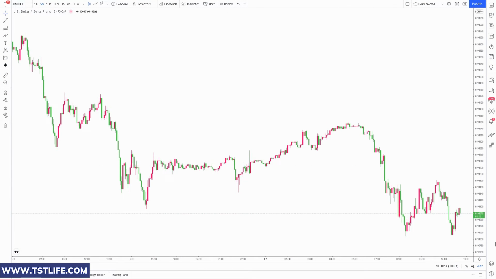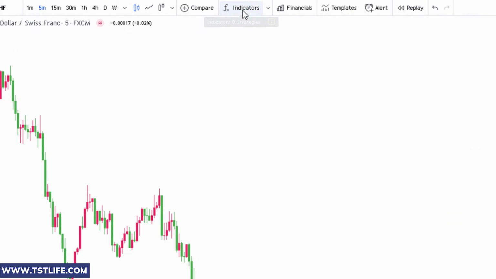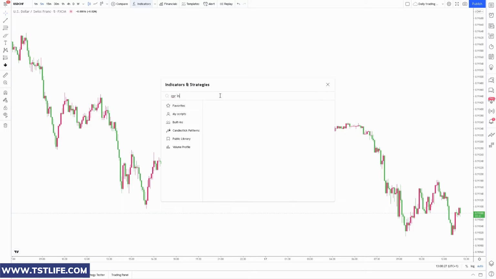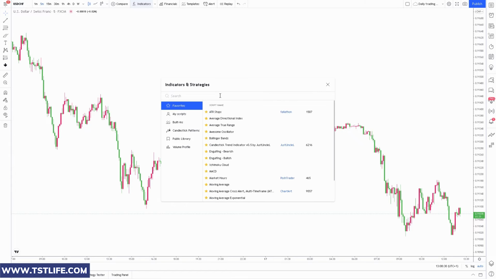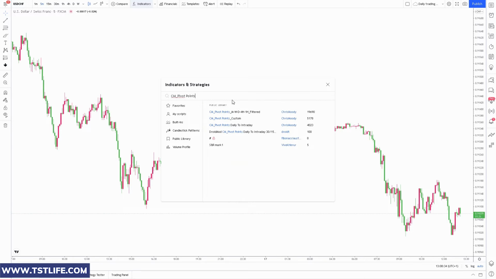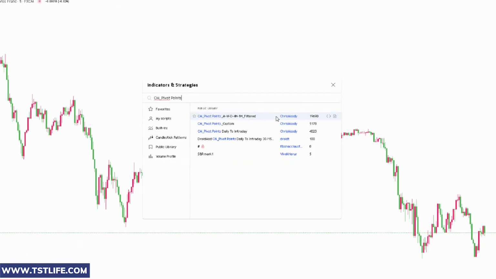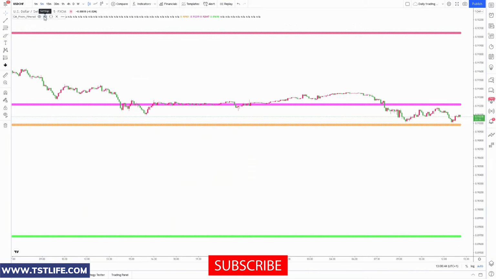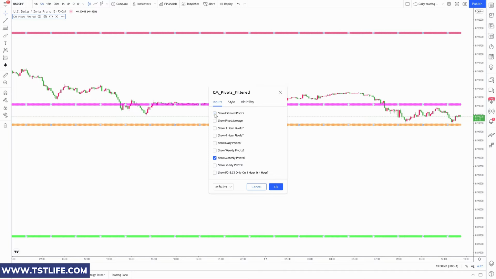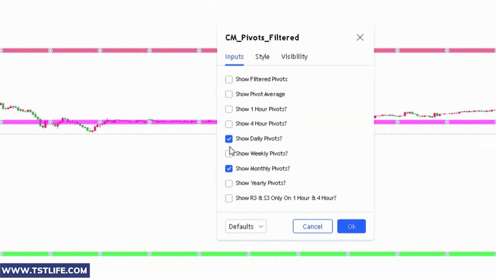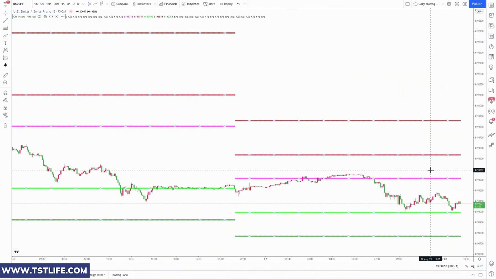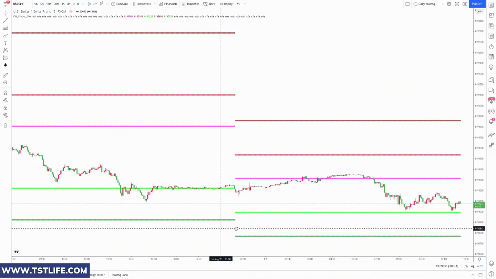Before we discuss the strategy, if you're on TradingView, you can add the CPR indicator to your chart from the Indicators tab. Unfortunately, TradingView doesn't offer a built-in CPR indicator, which is the reason why we're going to use a third-party one. There are different options to choose from, and they're pretty much the same. I recommend using CM Pivot Points by Chris Moody. You can adjust the settings to make it aligned with our strategy. I usually add the daily one to my chart, but I will tell you in a bit why you should also use the weekly and monthly in order to come up with a high probability setup.